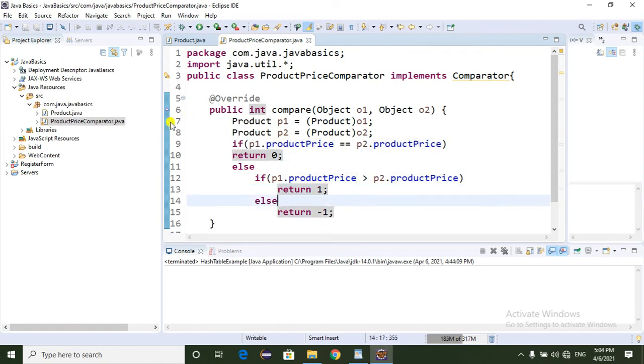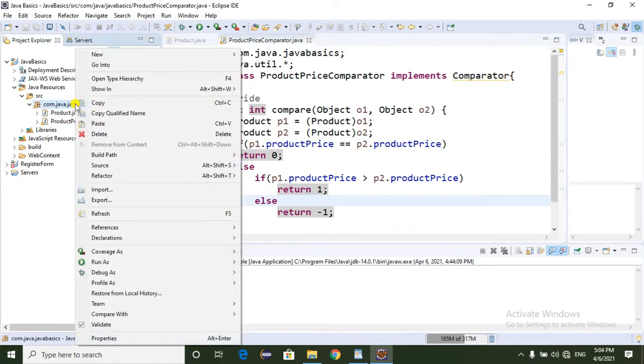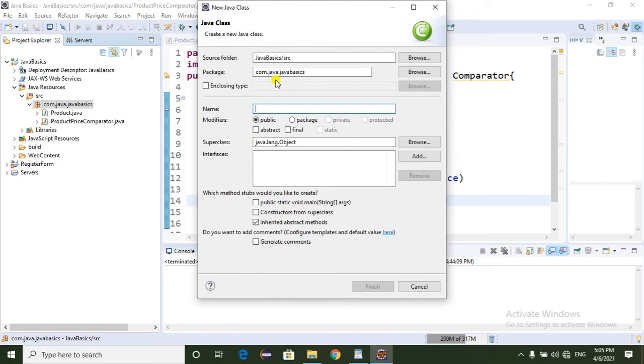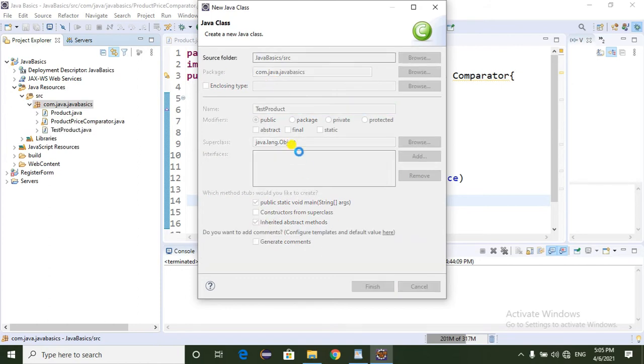Now I'm going to create a test class for checking this. Here I'm going to create TestProduct. This is my class. Here I'm going to take a main method.